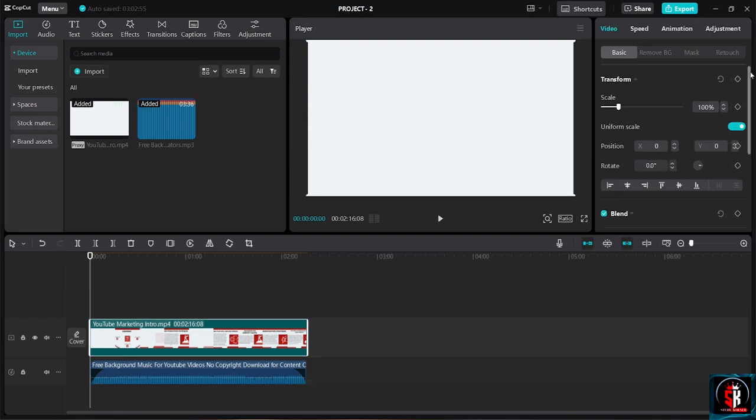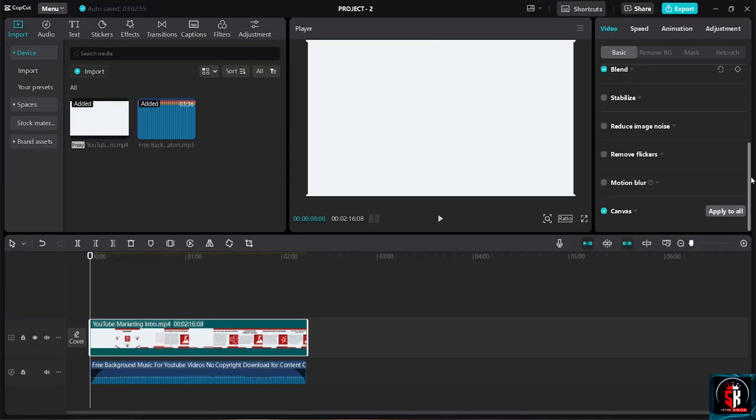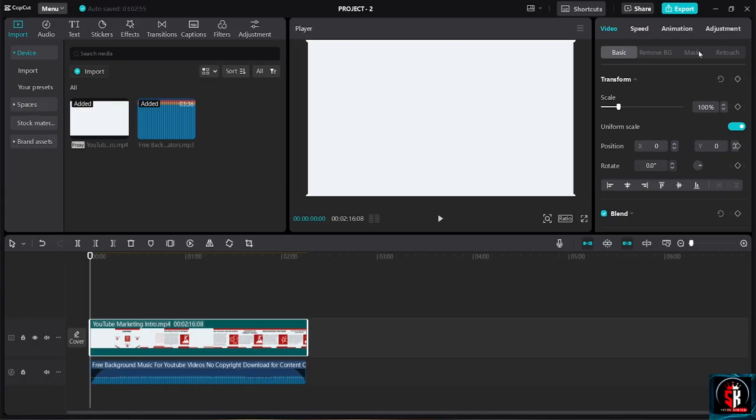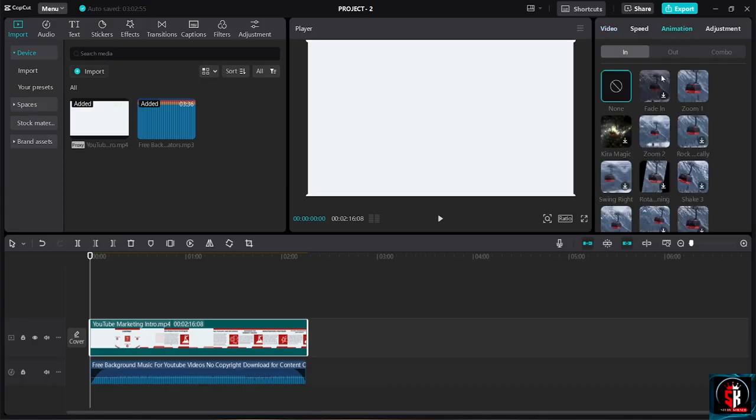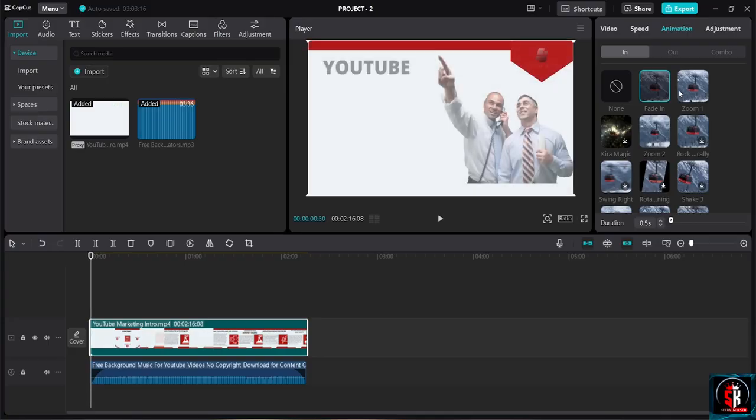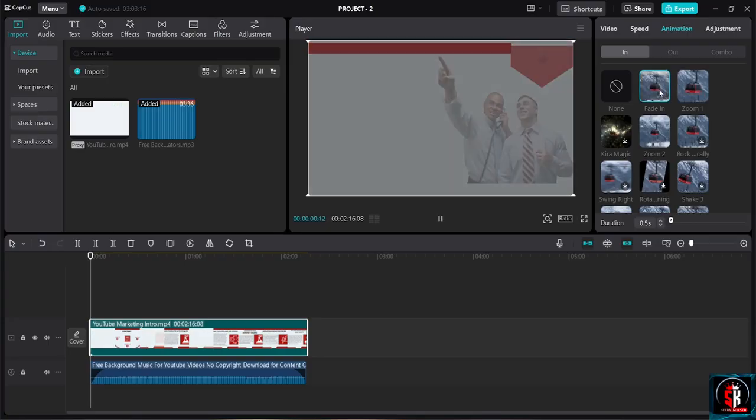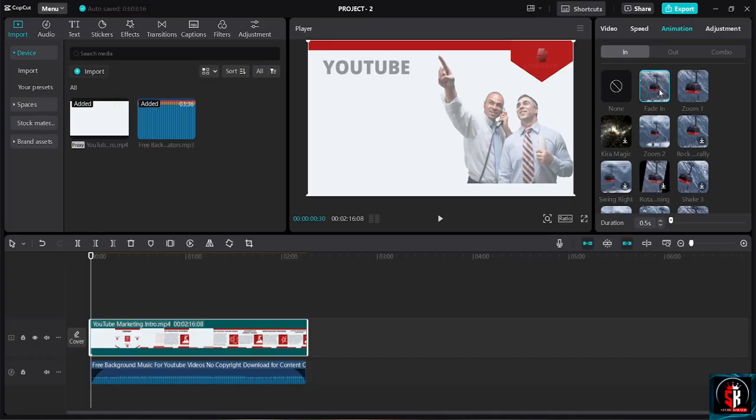Click on the video and then go to scroll down until you see that it has animation option, and you can simply download these options. So this is going to open up with this animation, which is fade in, or you can simply use this zoom in. Okay, let's use this zoom in, and now